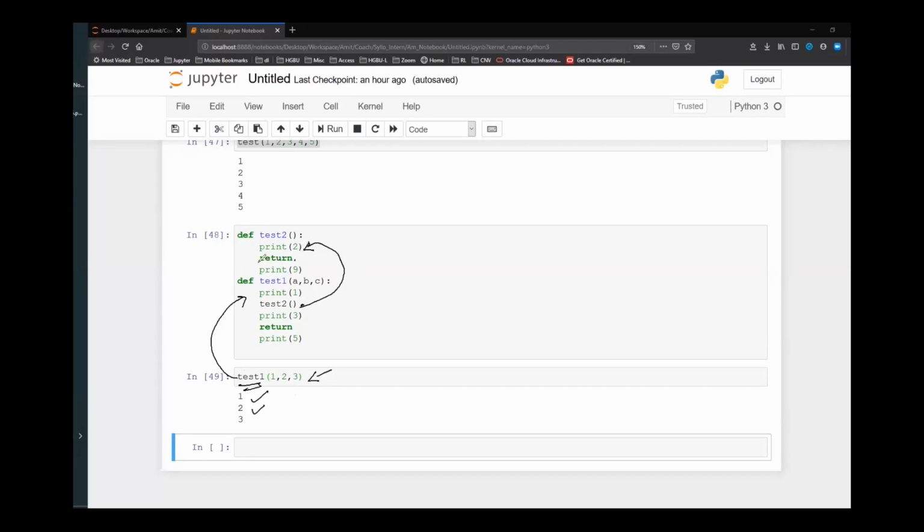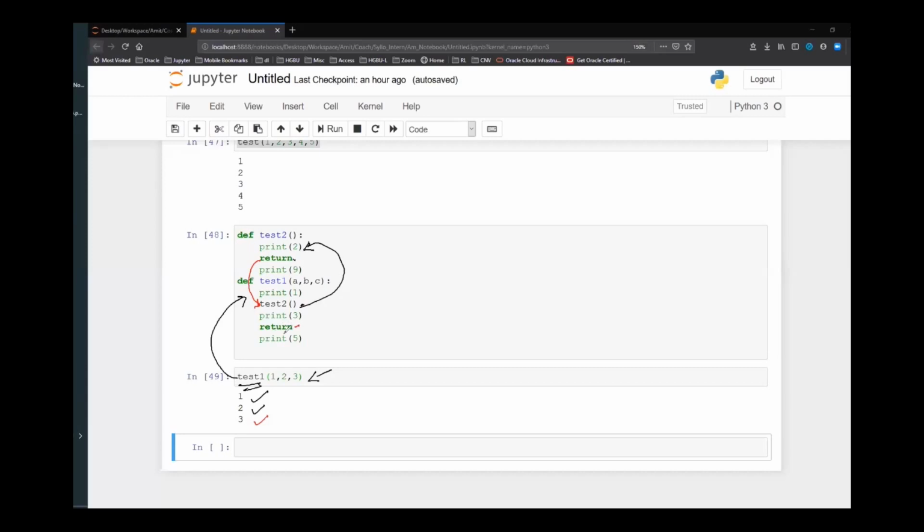When I'm saying return, it will return to the calling environment. So what was my calling environment? My calling environment was this test1. So it will return from this location to here. Then I'm saying print 3, it will print 3 and then I'm returning.